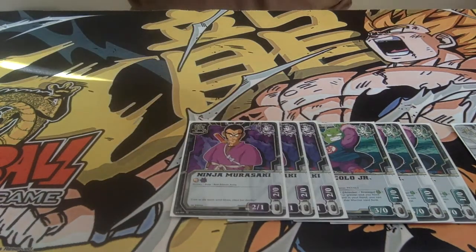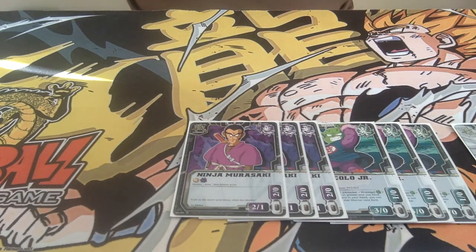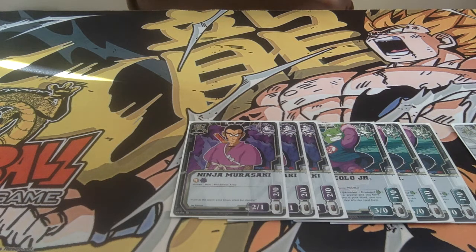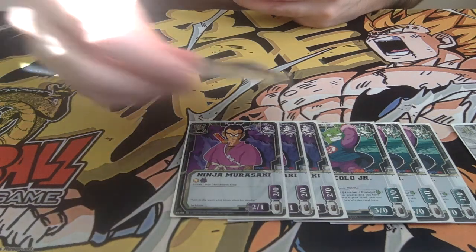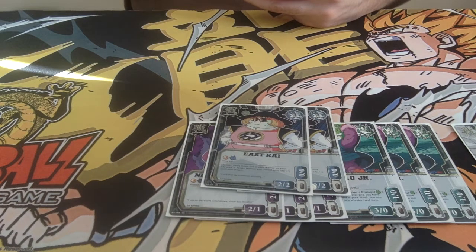So we start out obviously with 3 Piccolo Juniors, and the second best 0 drop in this particular set is Ninja Murasaki. So we run a 3 of. He's Red Ribbon Army, but doesn't really mean much to us in this particular setup. Now I'm only running 6 turn 0 cards. There isn't much else I would really want to run in this particular setup, but that leaves space for 2